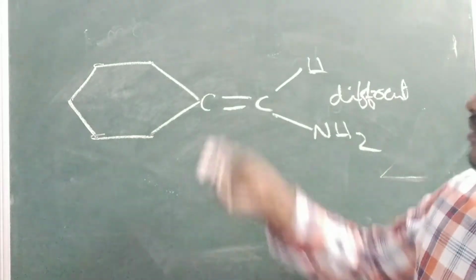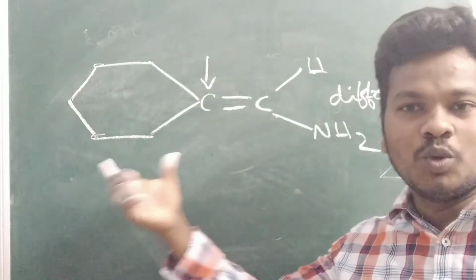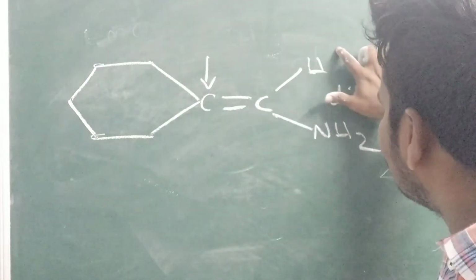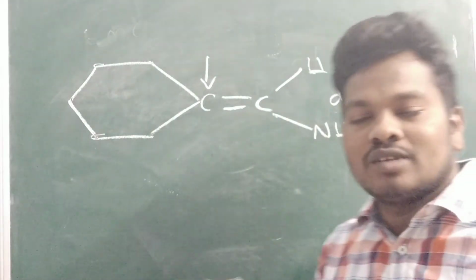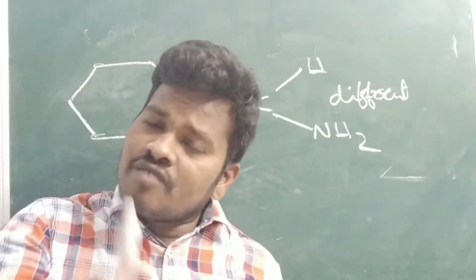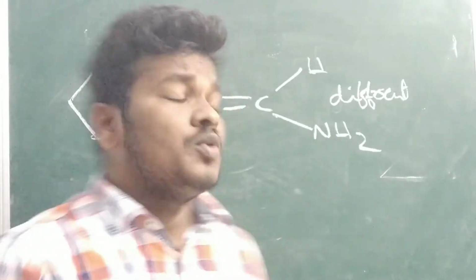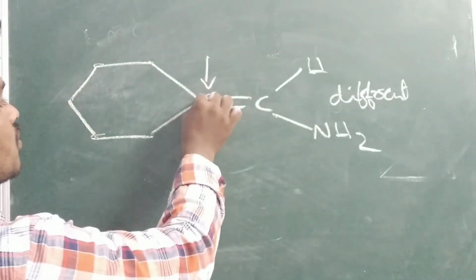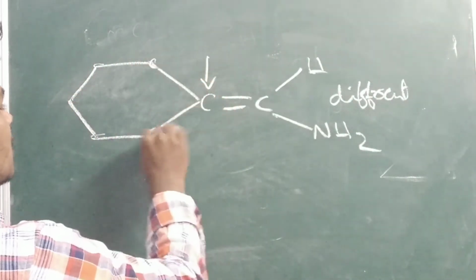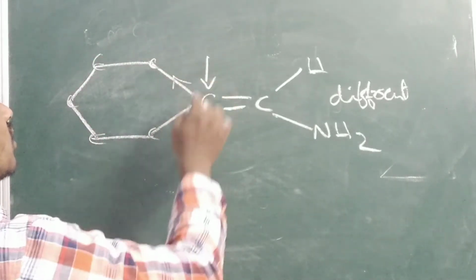See this carbon. Just now we discussed only chains and groups. So here also the H energy is different. By looking at it you can say that it is exhibited. What is our condition? If any one side has similar types of groups, it doesn't exhibit it. Now you can see from this carbon, here one carbon, here one carbon, here one carbon. You can go like this or you can go like this.